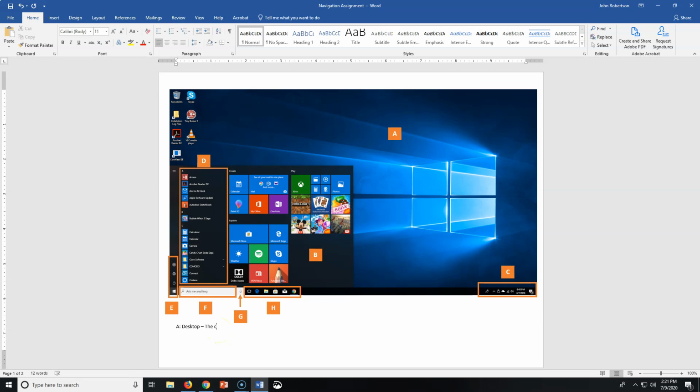So I'll simply write, the desktop contains links, files, and other items that I have saved to my Windows desktop. I used this area last week to save my Canvas profile picture. That's a good example of what you might write as an answer for letter A.